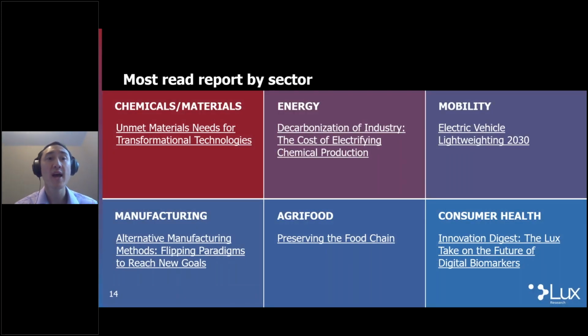We can also look at the larger reports we write and look at how they drove engagement and interest across different sectors. So in the chemicals and materials world, someplace we work really hard to try and understand the materials opportunities for different trends. We actually took our top 20 transformational technologies going into 2020 and actually dug into all the materials opportunities that lied underneath them.